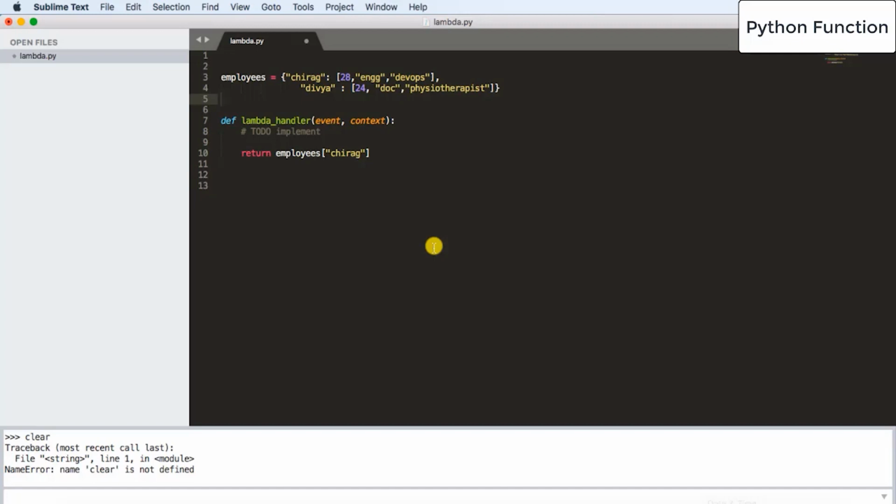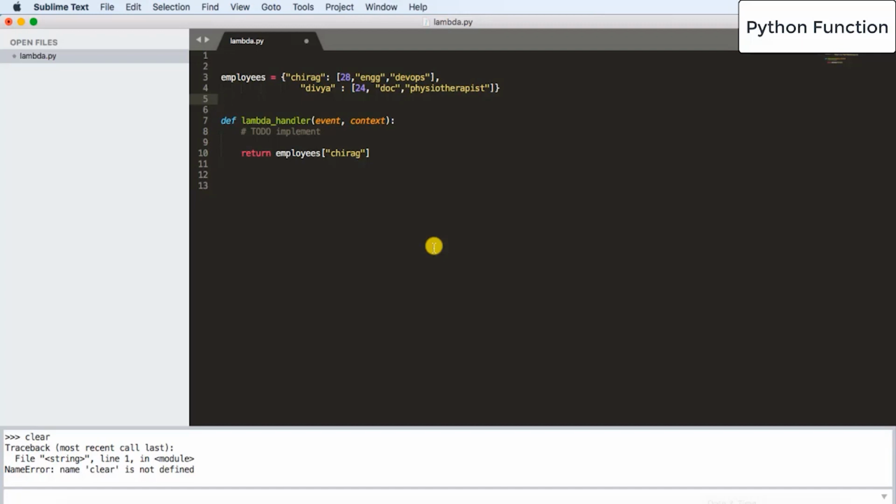So in the previous video I had given you a small overview about what this entire project is going to look like. Now we are going to be focusing more on the Python code, which is going to be at the crux of the AWS Lambda function. For simplicity I have kept this particular Python code to a minimum so that it is easier for us to understand and we can focus more on the functionality of API Gateway and how it communicates with the Lambda